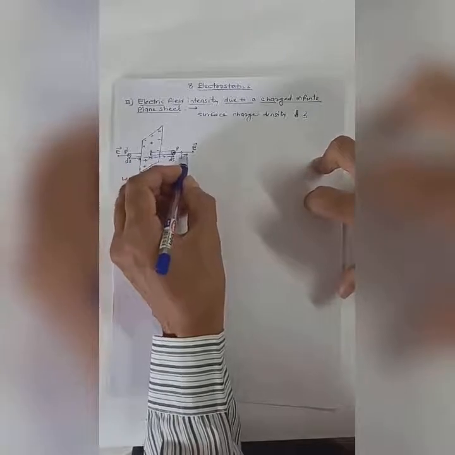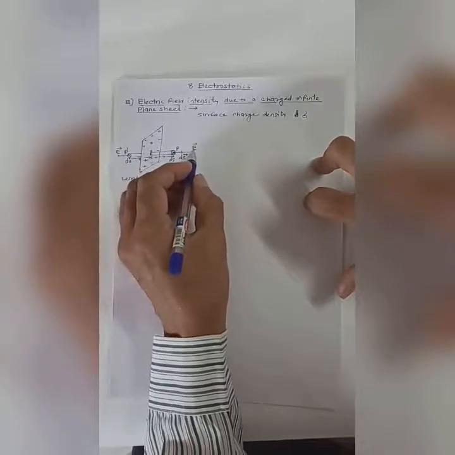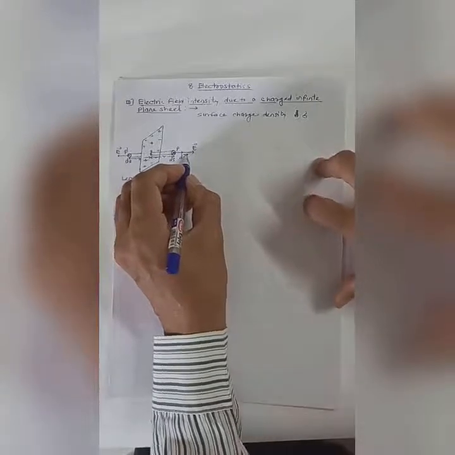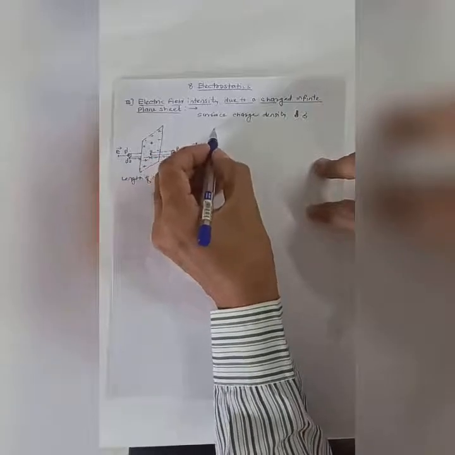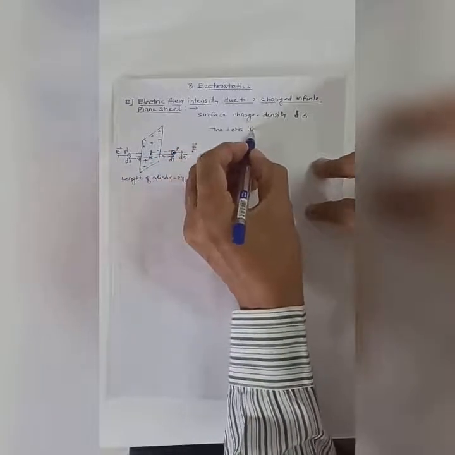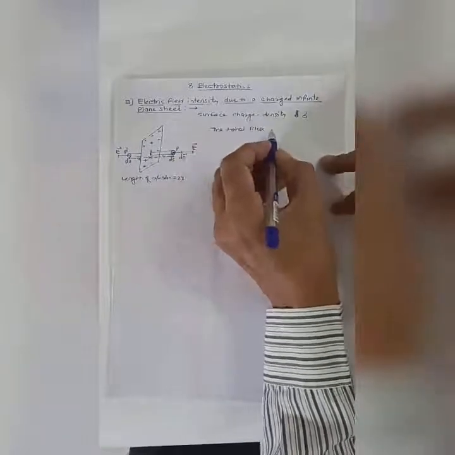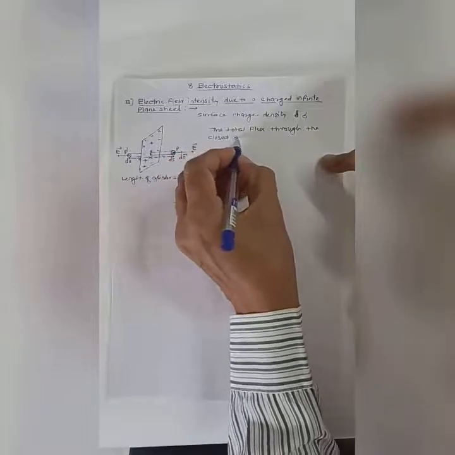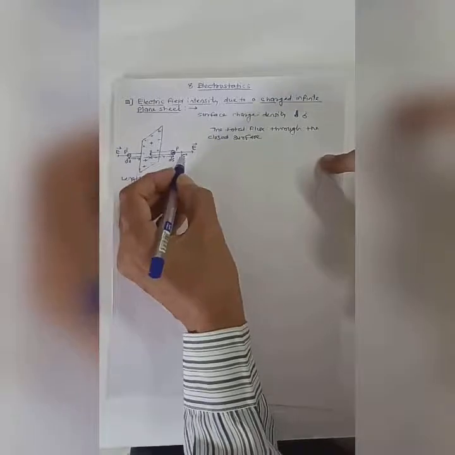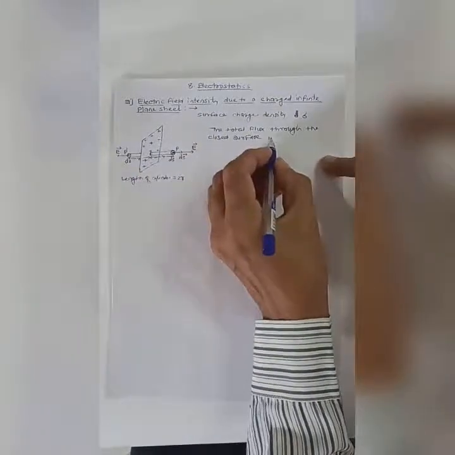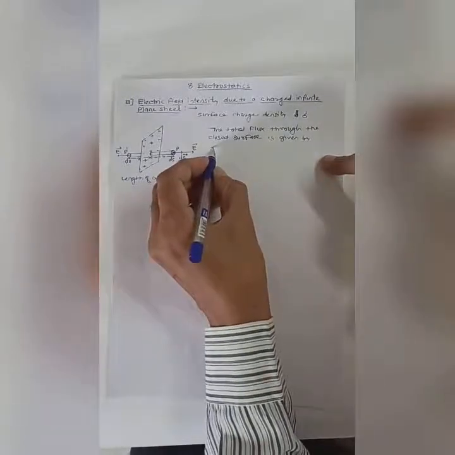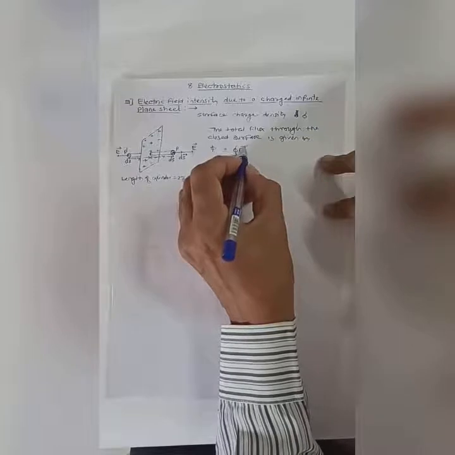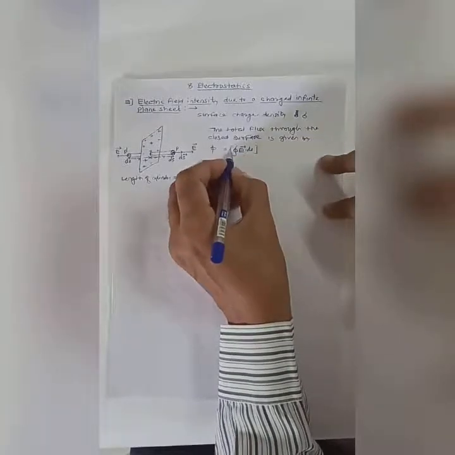It means the angle between electric intensity and area vector ds is 0, and therefore the total flux through this closed surface is given by phi is equal to closed integration of vector E dot ds at point P